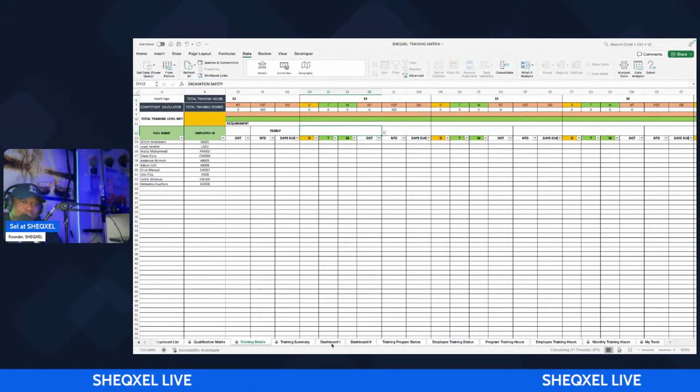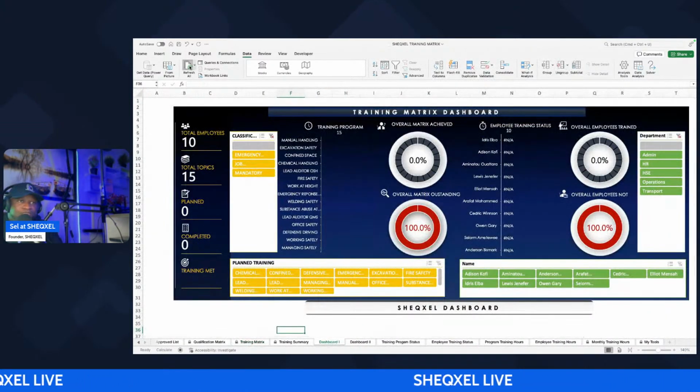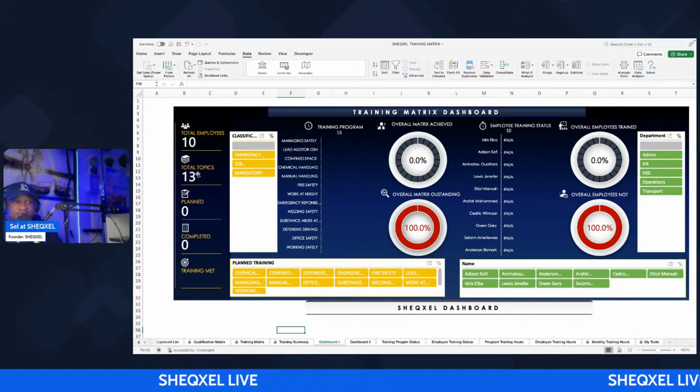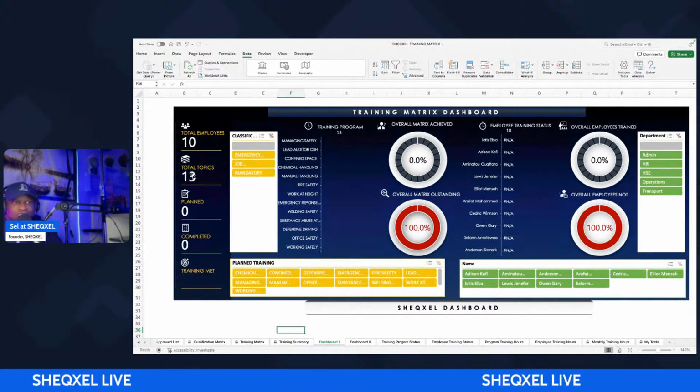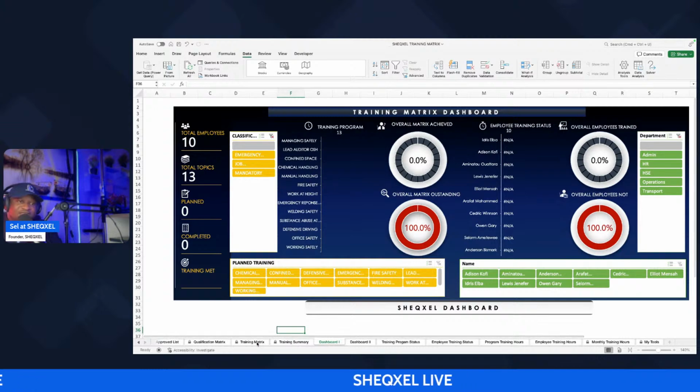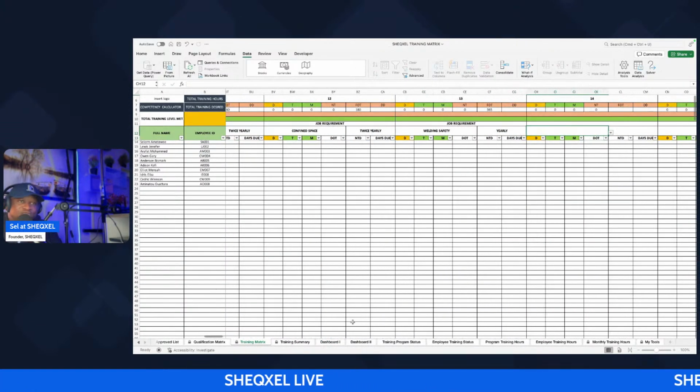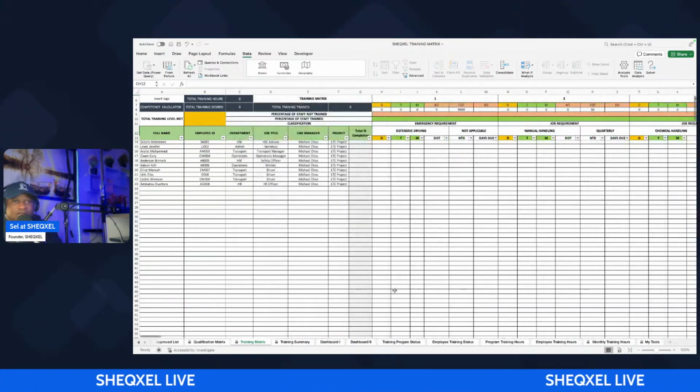If I go to the dashboard and I refresh all, you notice that it has changed from 15 to 13, right? So that means that if I get rid of all these entries, everything's going to vanish. Okay, so right now that we've